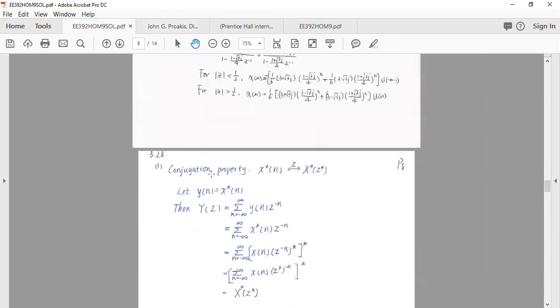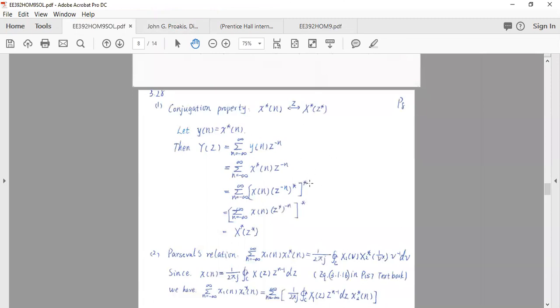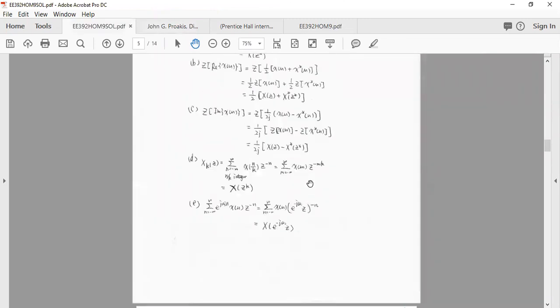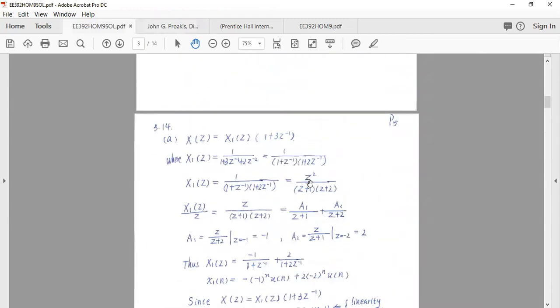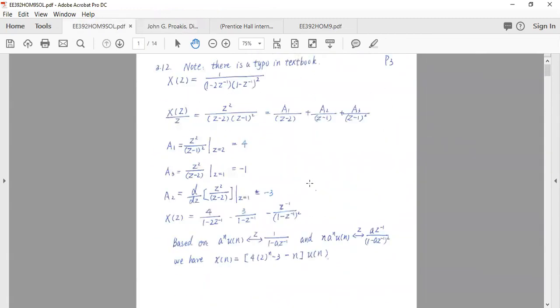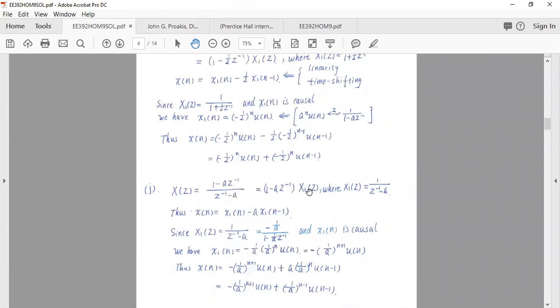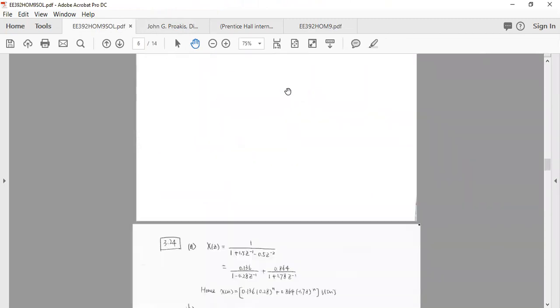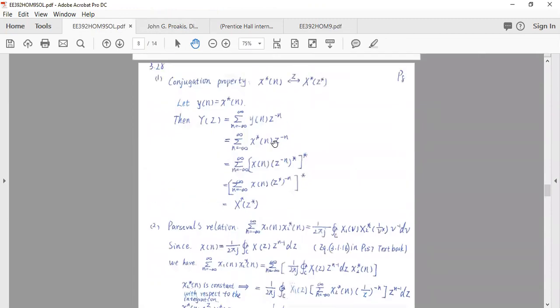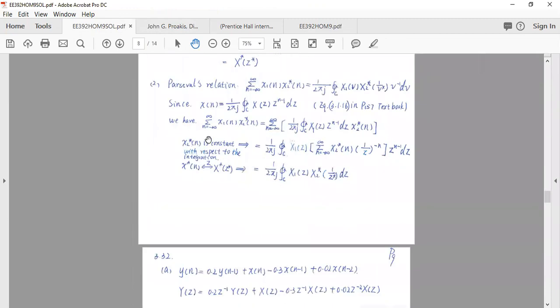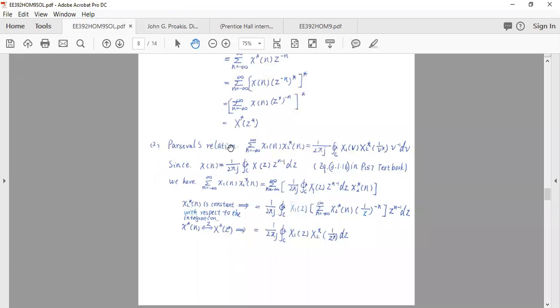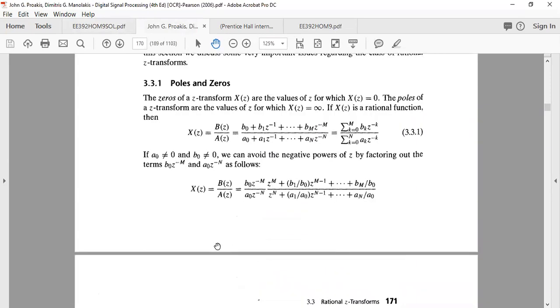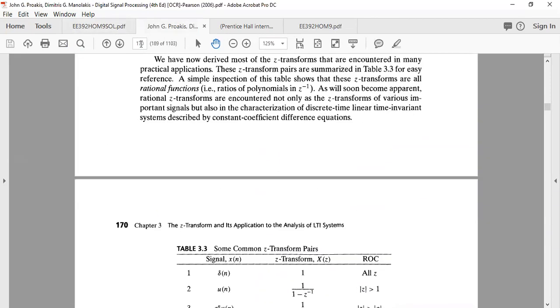Anyways, the conjugation property we have already proven in question number 3.15, I believe. Yep, we have proved the conjugation property over here, so no need to do that. I'm not going to go over that again. But just on Parseval's theorem, Parseval's relation, you can see that based on the relation that is given on page number